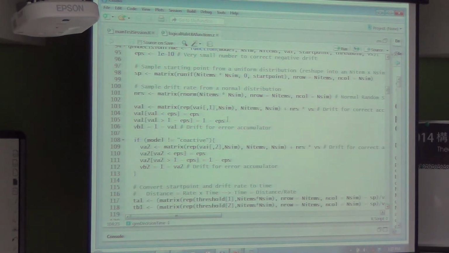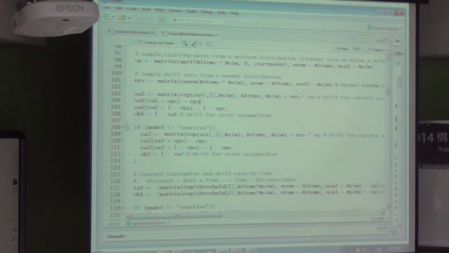I do a little truncation here to make sure that they're not exactly equal to 0 or exactly equal to 1, or actually not greater than 1 or less than 0. And then I compute, this is all done using the probability of responding, or the drift rate for responding with response A, and I just take 1 minus those samples to get the drift rate for response B.